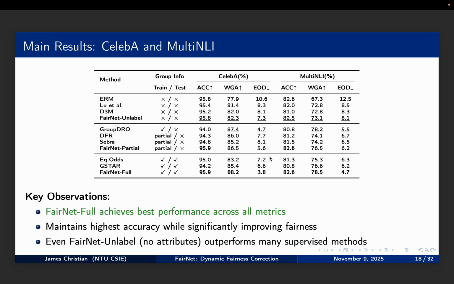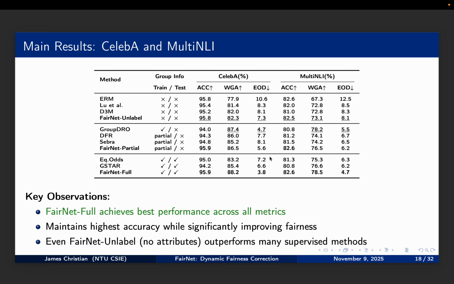Here are the main results on CelebA and Multi-NLI. Let me highlight the key findings. For the scenario with no access to sensitive attributes, FairNet on label achieved 96% accuracy, 82% worst group accuracy, and 7% equalized odds difference on CelebA. It is the best in its category. For partial access, FairNet partial achieved 96% accuracy on CelebA and 83% on Multi-NLI, which is